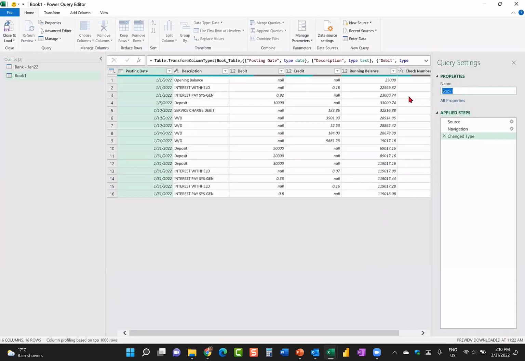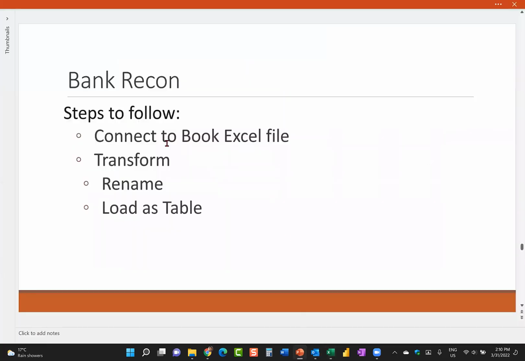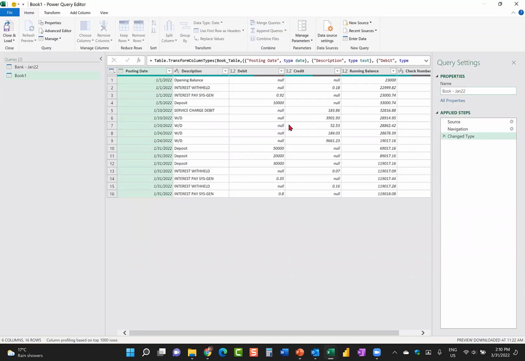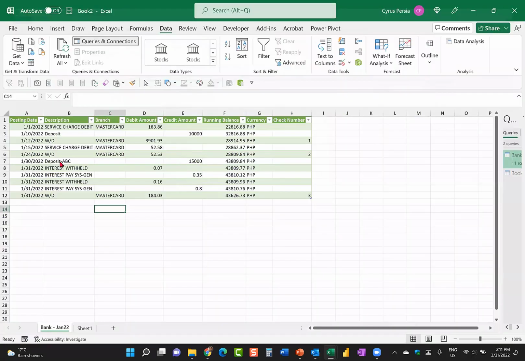So let's give it a name first, similar to what we have in January 2022. Then connect to book, transform, rename, load as table. We're not doing much for our book because it's already in a tabular model and fairly clean, but we'll do other transformations when we merge it. Okay, we'll close and load to